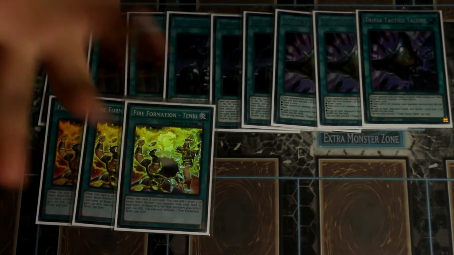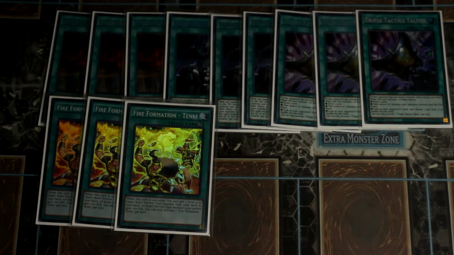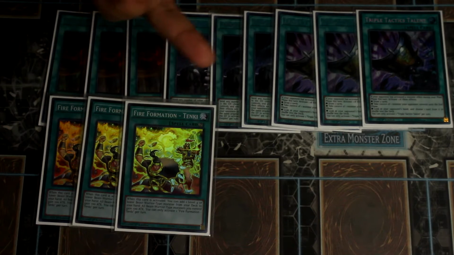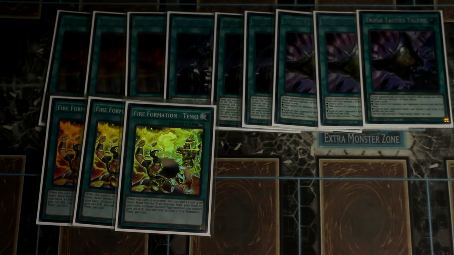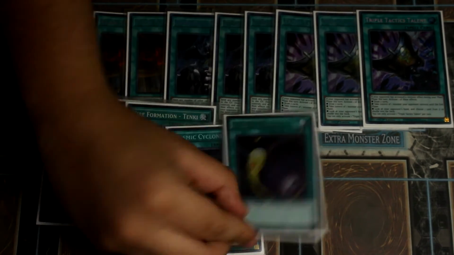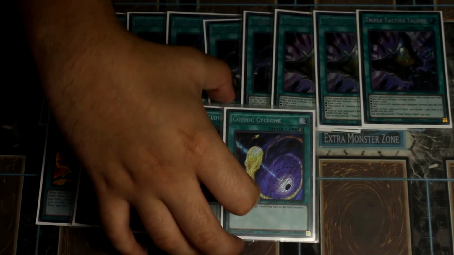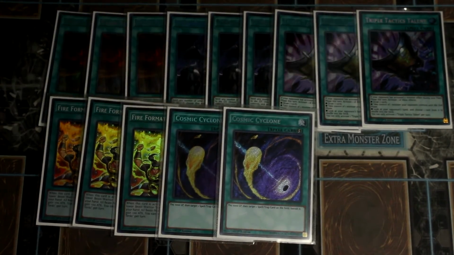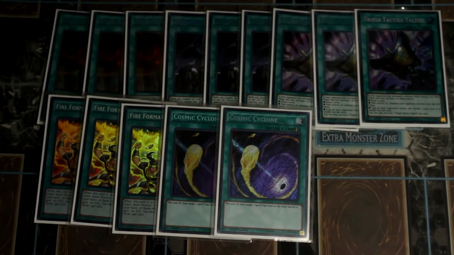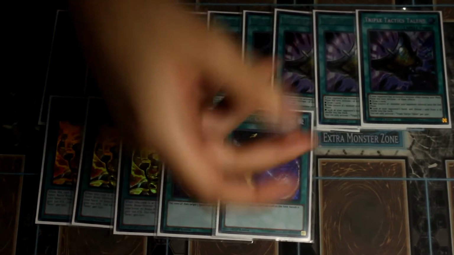Obviously, this gives you access to your Ratpier or any Zoodiac monster that you need, and it's basically free Forbidden Droplets, if you want to see it like that. Next, we're playing 2 Cosmic Cyclone just to get rid of those problematic back row cards. You could probably just end up siding these cards up against the mirror match. If we're playing against Dogmatika ZOO, this basically hits